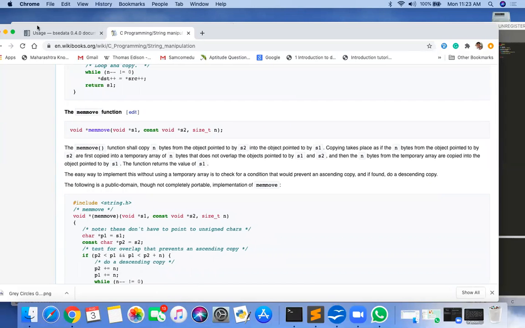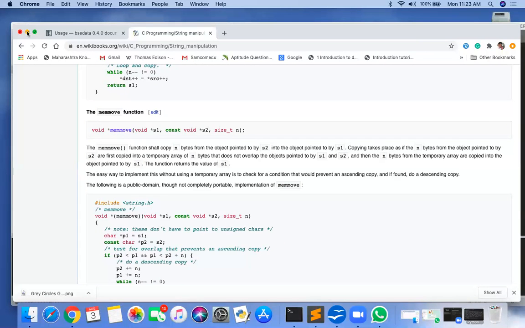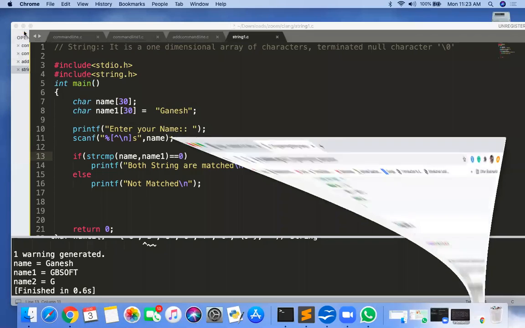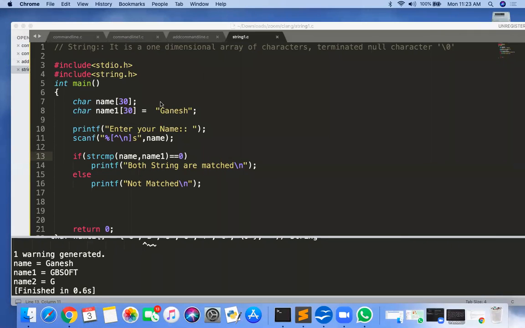So this is actually string. Now you need to do some more practice on strings. I will put up the program statements regarding strings. And the next topic, I'm not going to start today, but tomorrow's topic, we are going to start as structure.